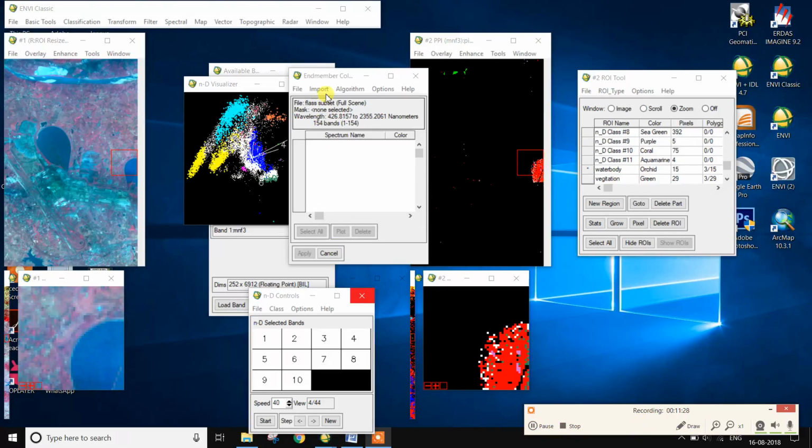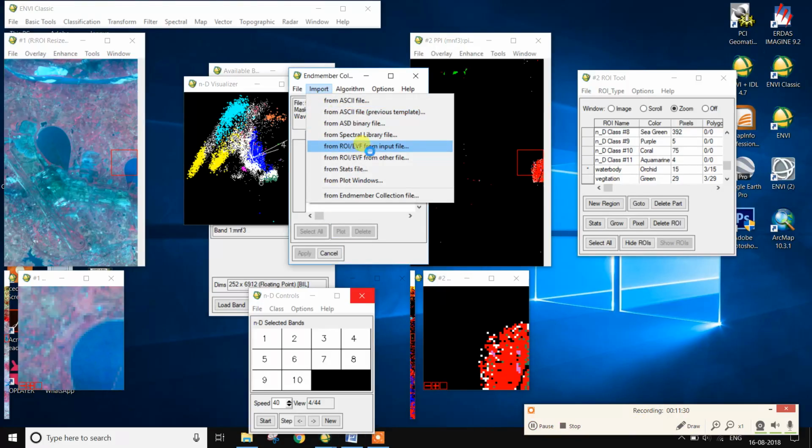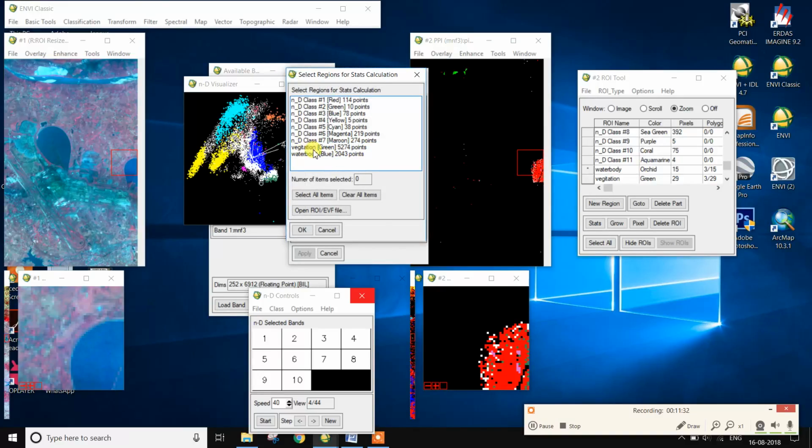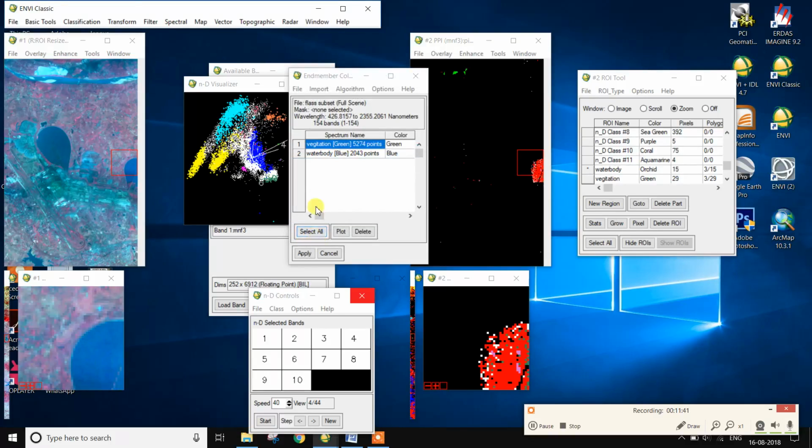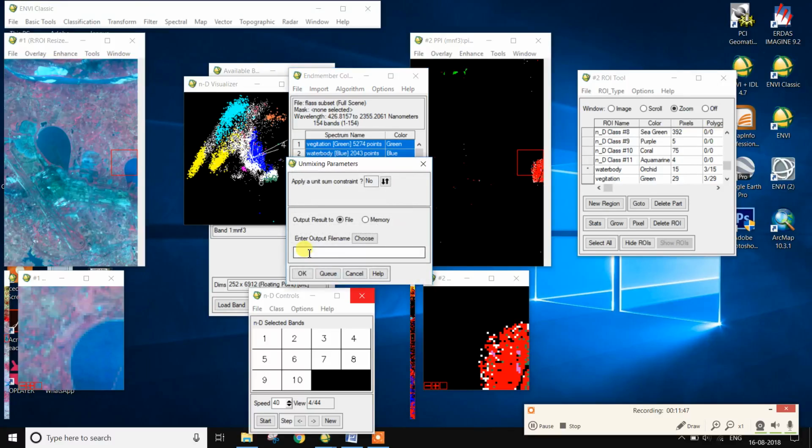Next is the open input. So there is the vegetation and control. Select the two, vegetation and water body, and okay. There is the select vegetation only, but here select all and apply.